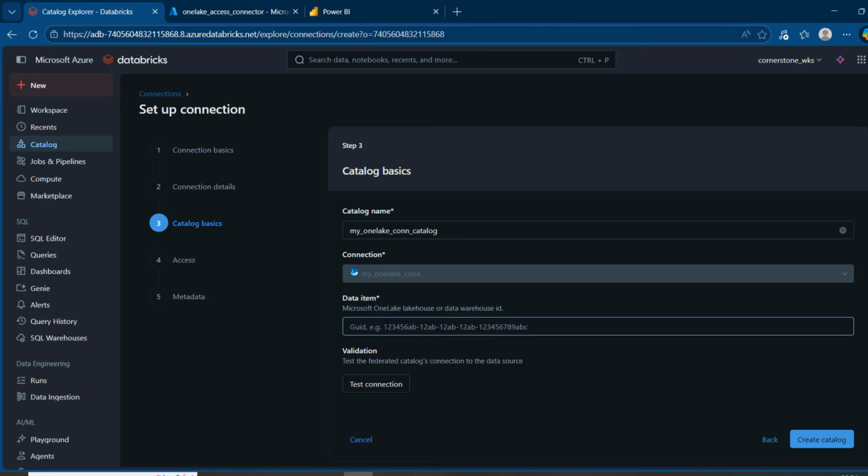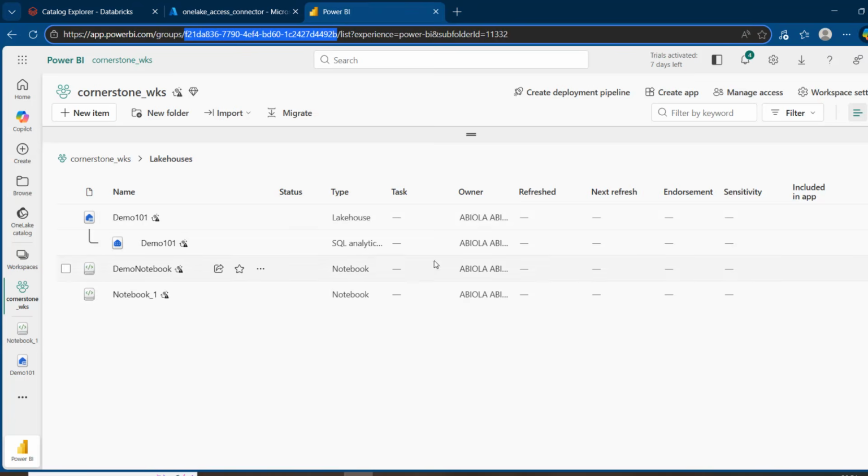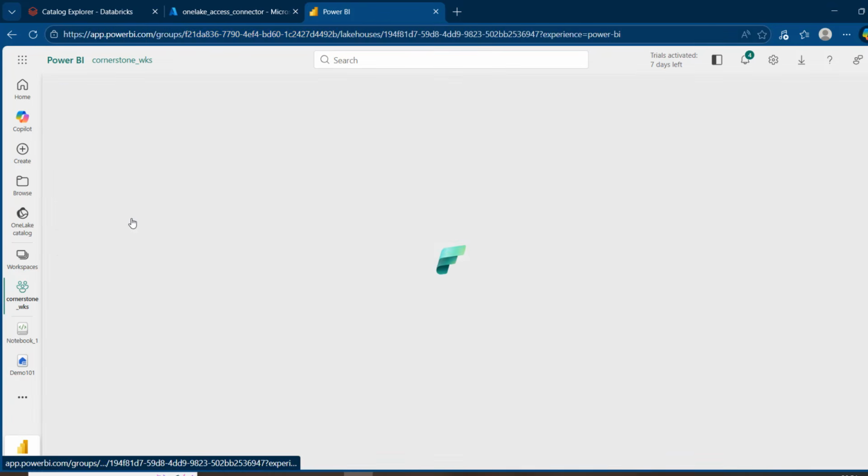And then we also need to provide the data item. So you can see Microsoft OneLake Lakehouse or data warehouse ID. So this basically supports the Lakehouse and of course the warehouse Fabric items. In our case, we are dealing with Lakehouses. So I'm going to come back here, and before I provide the Lakehouse ID, I'm going to come here, demo